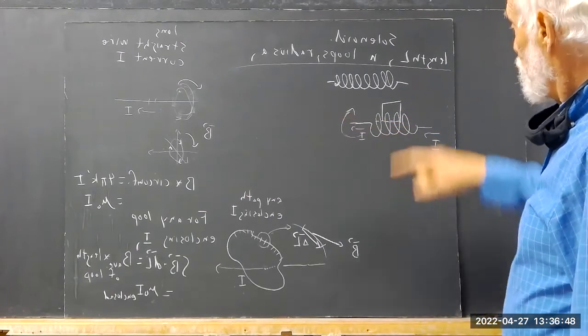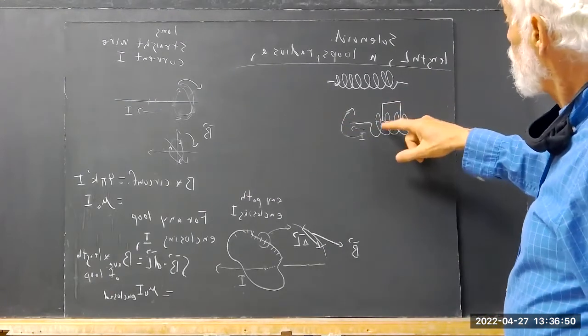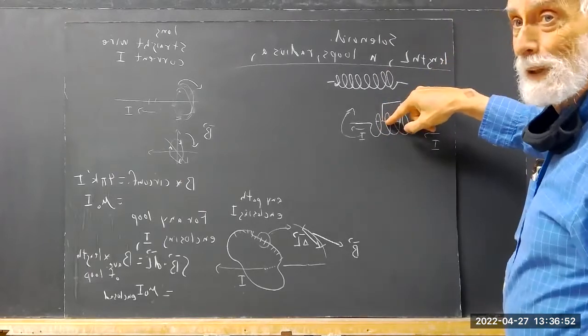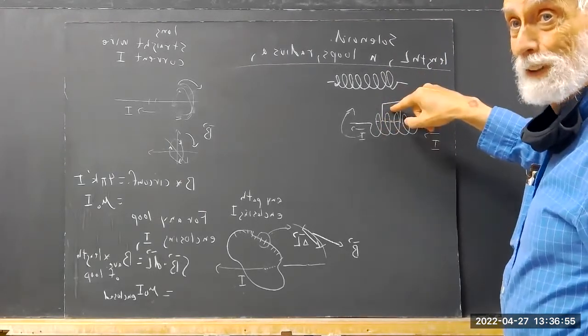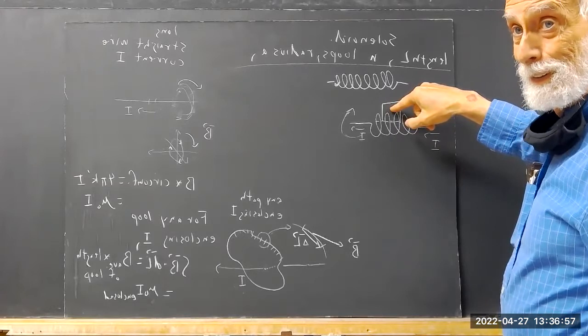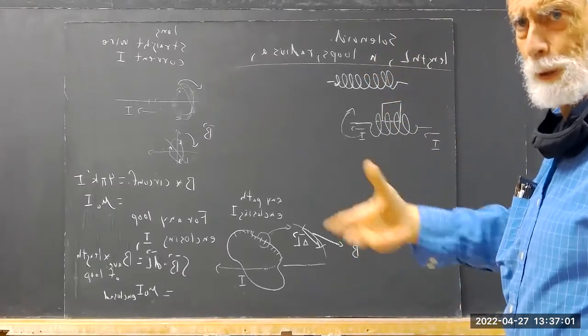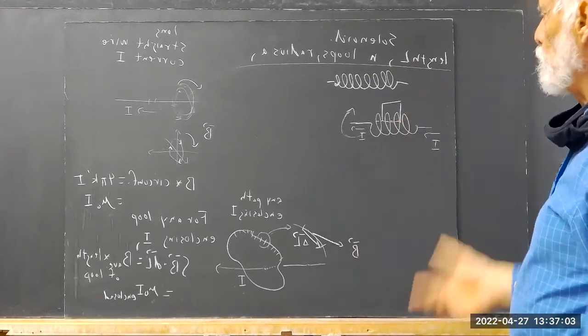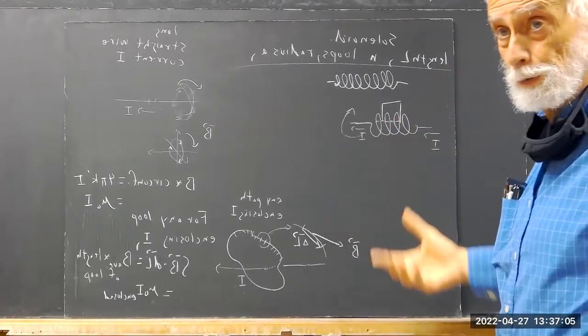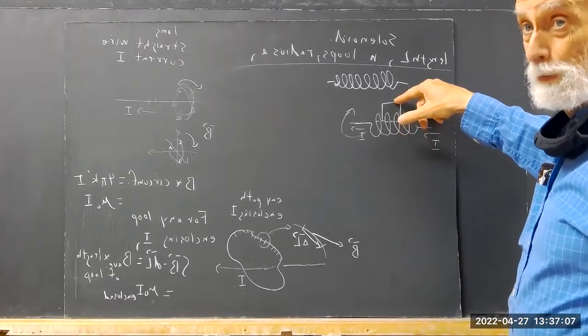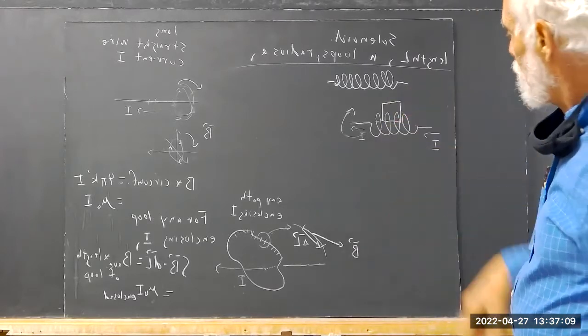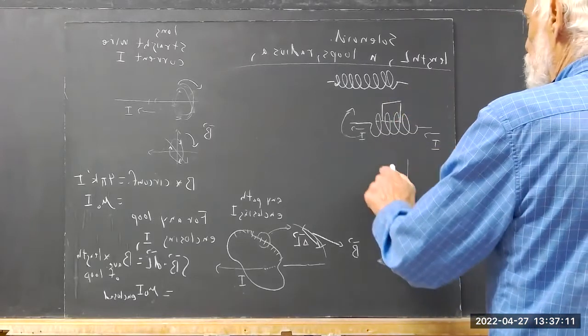Doesn't amount to much out here, and if it does, just make the loop a lot bigger. Make this a lot further from the loop than I drew it. If you think you got some significant effect of the magnetic field, although if you work it out with all the directions and stuff like that, it turns out it doesn't have to be all that far away. The basic idea, though, is that around this loop,